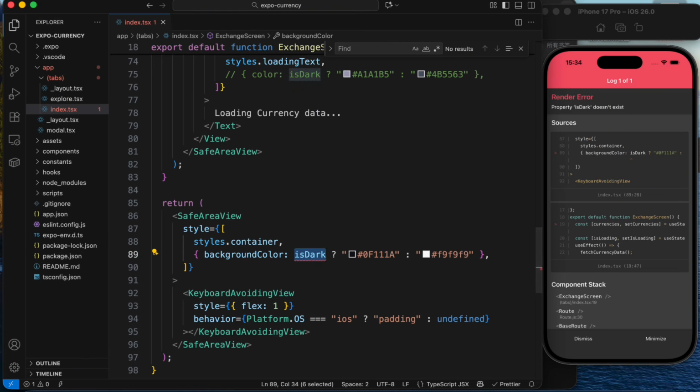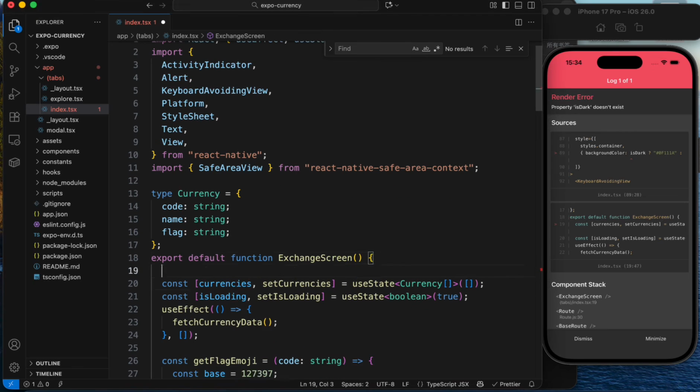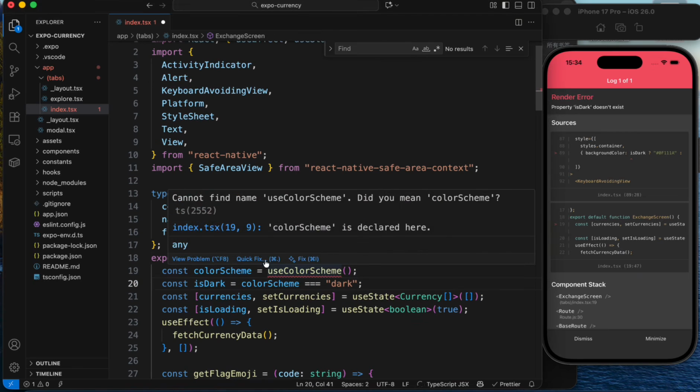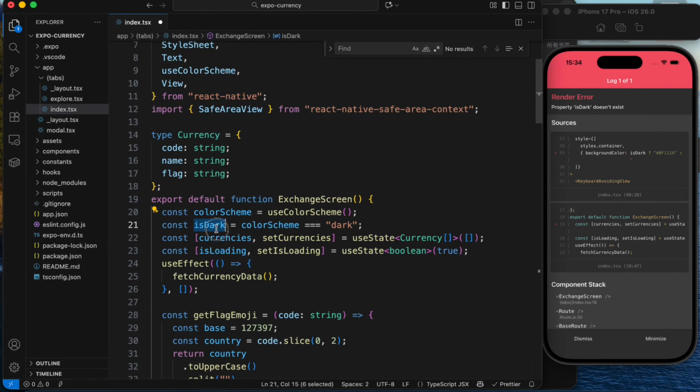Okay, we set this. We said it's dark. So where is it from? Either from the color scheme to check if it's dark mode or not dark mode. Use color scheme from React Native. And it's dark, its color scheme is dark. This is true. If color scheme is light, this is false. So we get this value,